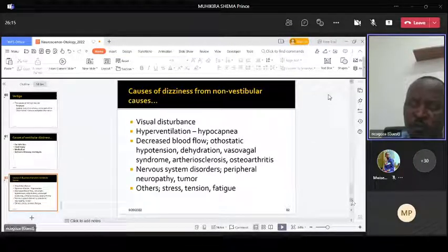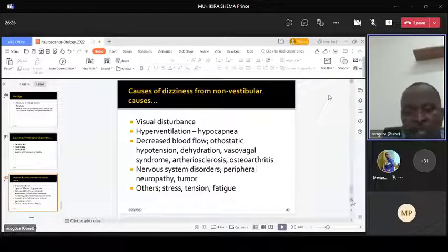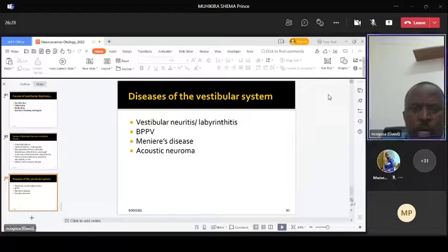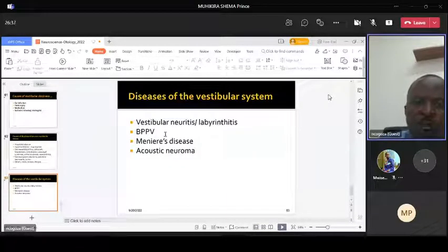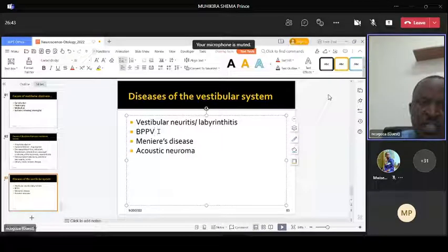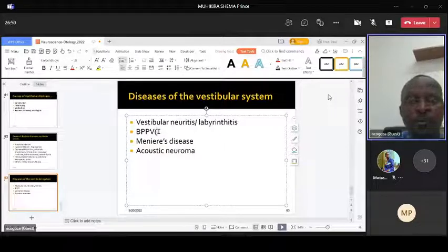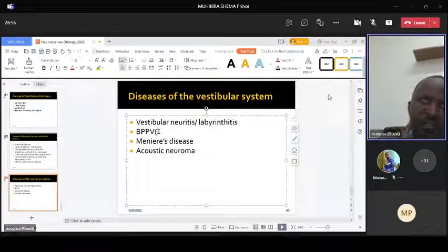For peripheral, maybe infection, trauma, medication, and infection like meningitis. So even if you don't know those diseases, at least know some vestibular diseases which may cause dizziness. At least name them. Even if you have time, you can read about them, but those are the 4 diseases which you can have, like ENT origin, and lead to